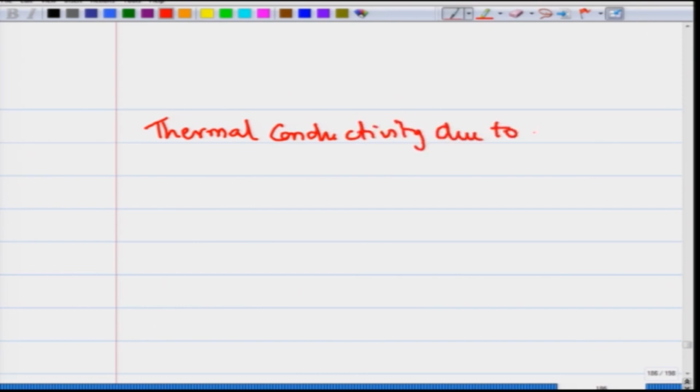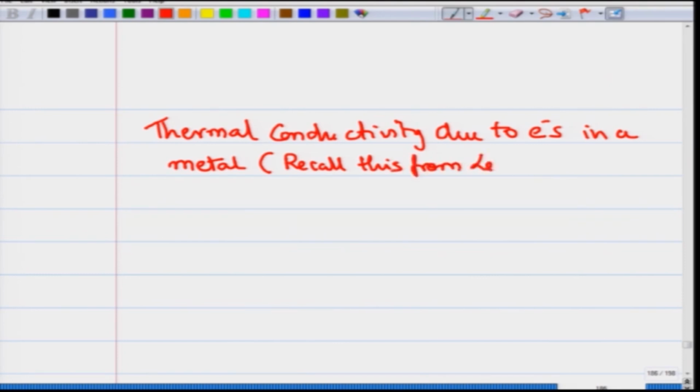Due to electrons in a metal, and you may recall this from lectures 9 and 10. So, here in lectures 9 and 10, and especially in lecture 10, we had derived that the thermal conductivity kappa for a 3D metal,